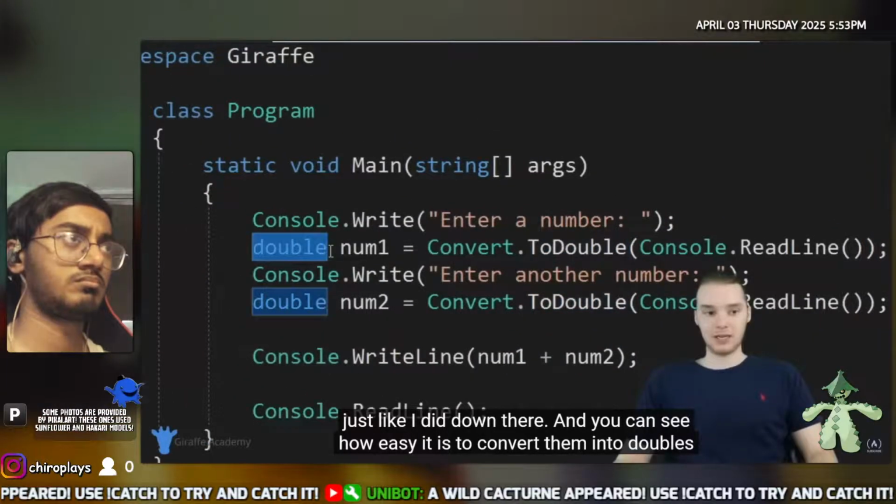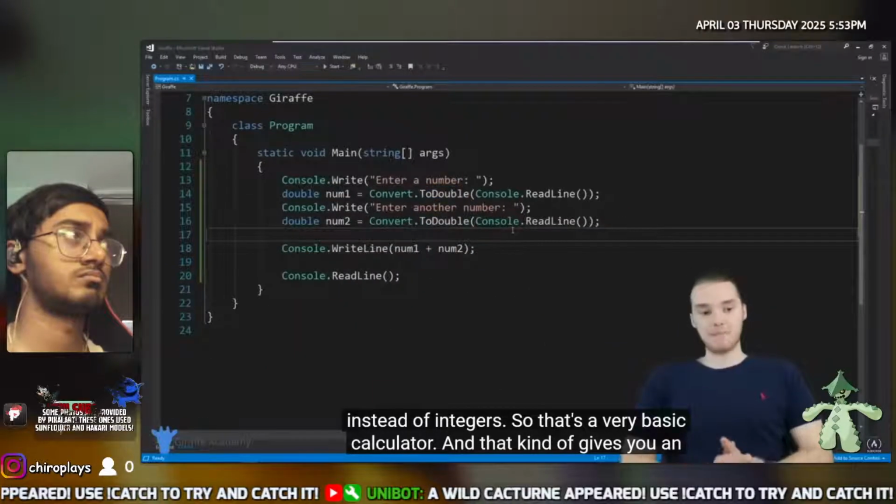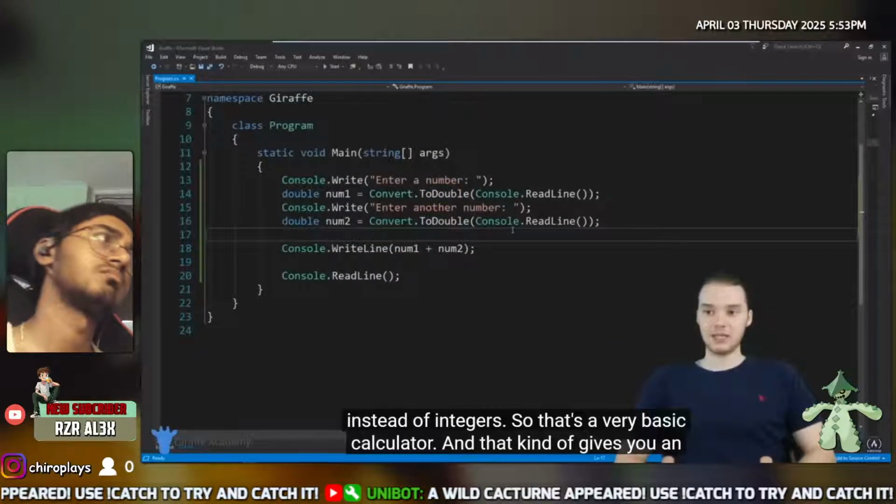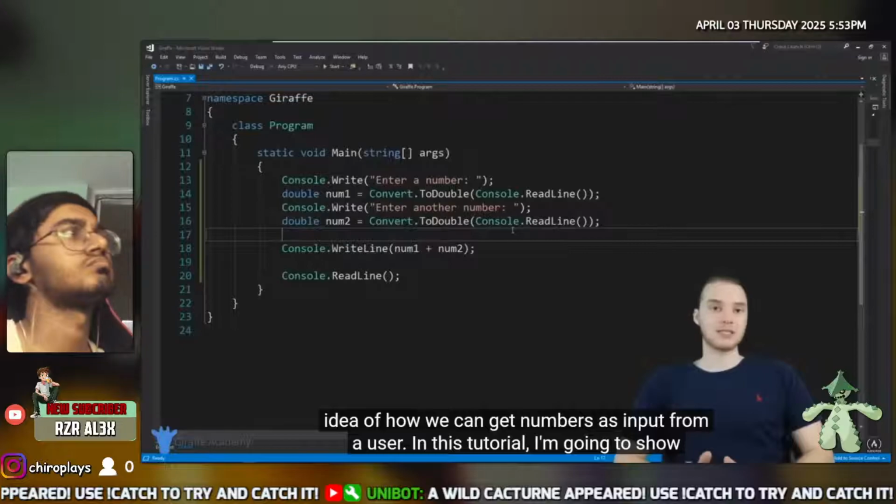And you can see how easy it is to convert them into doubles instead of integers. So that's a very basic calculator, and that kind of gives you an idea of how we can get numbers as input